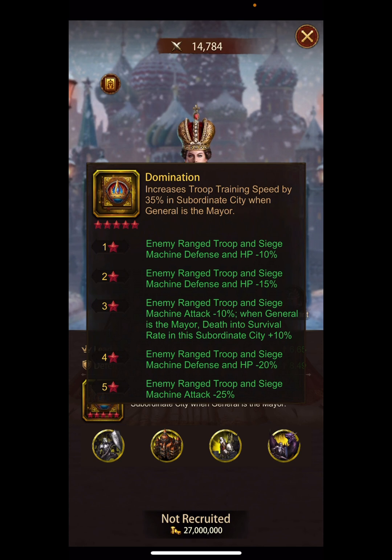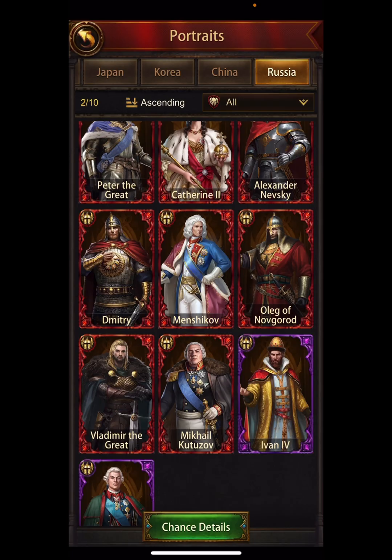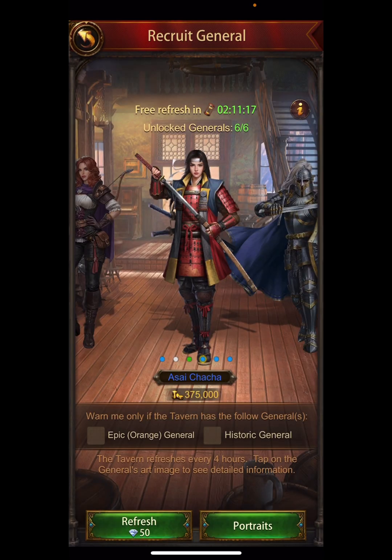Nero does 35% HP for all. These two are doing 45, focusing on the really important ones. And then they also do some attack and defense. And Nero only does a little bit of defense with it. He doesn't do the 45%. So this is outstanding. You could have 10 of her, and that's 450% HP and defense for range and siege debuff. Obviously, I wouldn't go with 10 of her, but